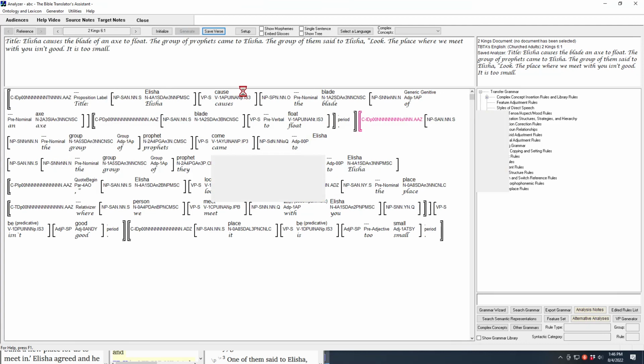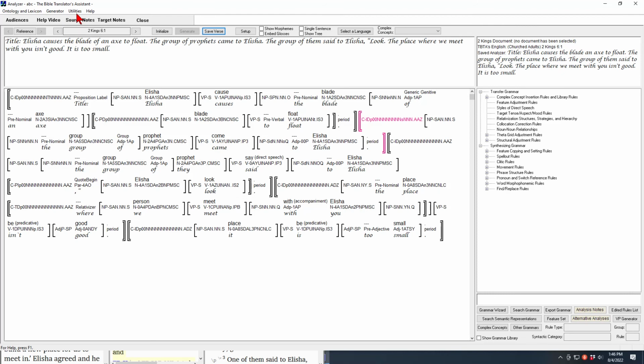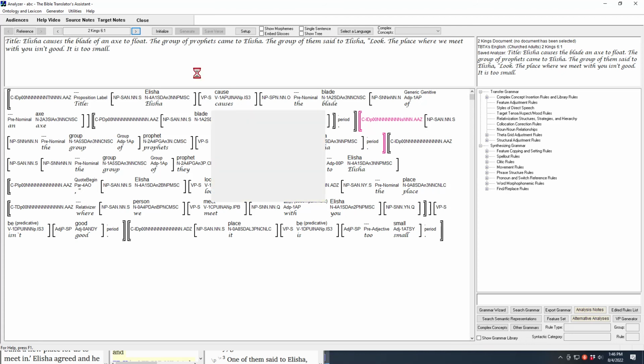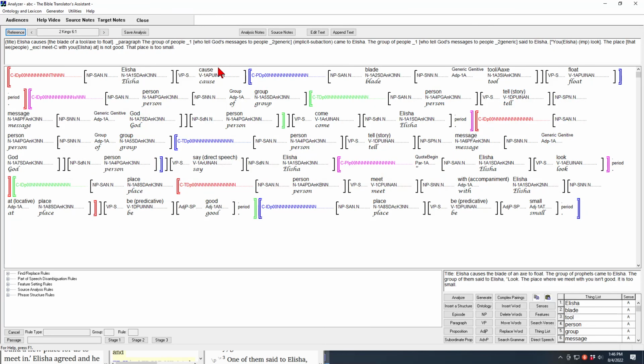We're going to go back to the proposition analyzer. Okay, so the blade of an axe, I has that of there. Save first. Maybe I have to do that now. Well, okay, now it's here. And if I click generate,